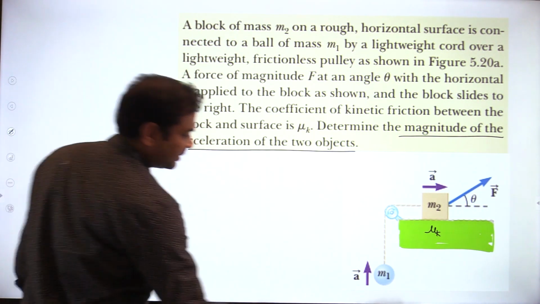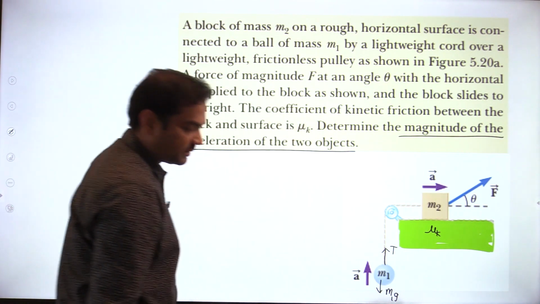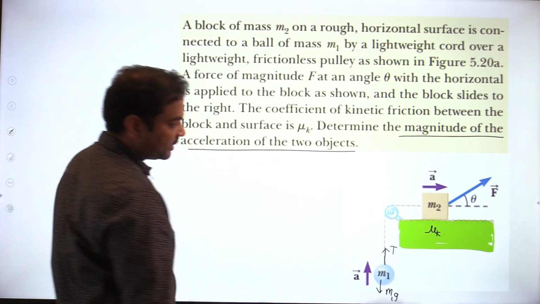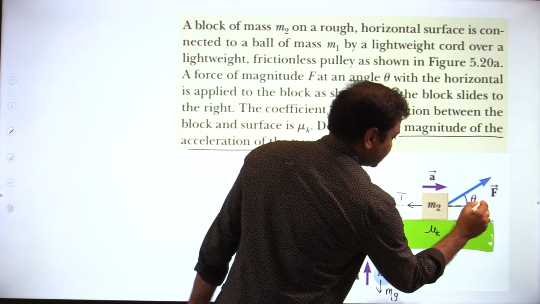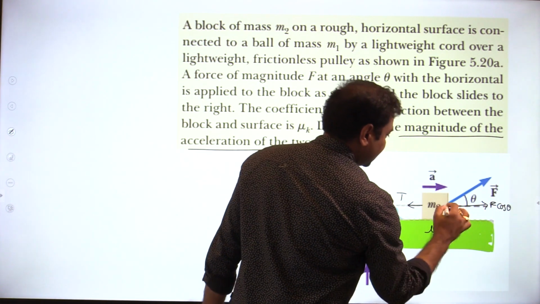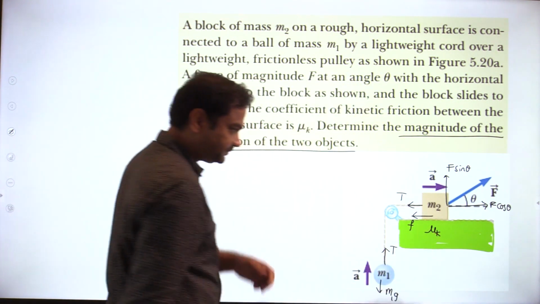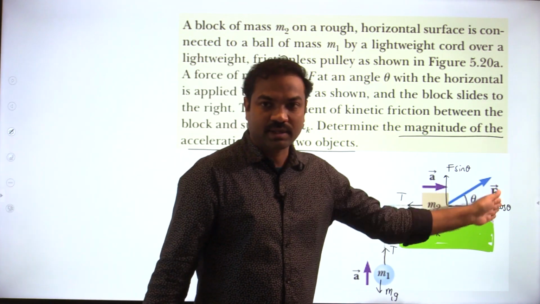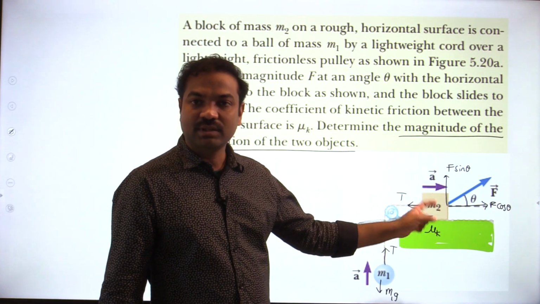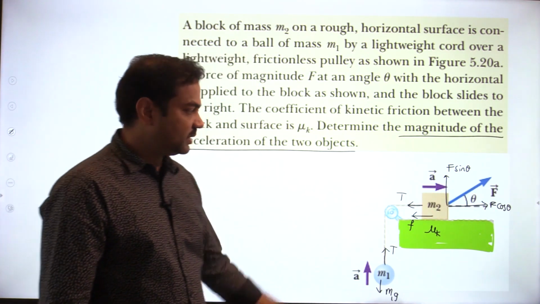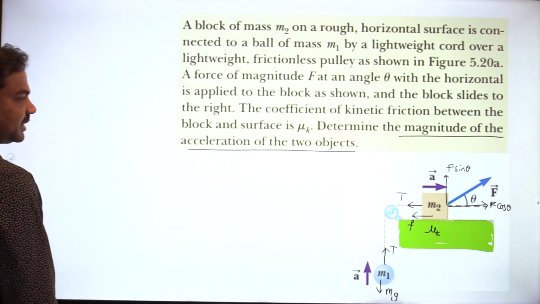Okay, let us solve. See here, what is the force acting? Weight m1g will act downward, and tension will act along the string and away from the object. And here, tension will act away from the object along the string, and these are the components F cos theta and F sin theta. And friction will act in the backward direction, because this block is trying to move in the upward direction. I have given the acceleration directions also. The acceleration of the M2 block is in the rightward direction, so friction will act in the leftward direction. Yes, Bhavana, very good. So you will get something like that.